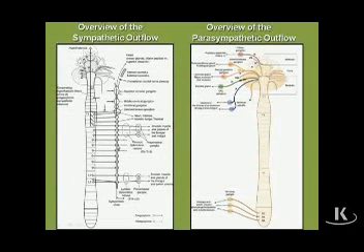Remember, postganglionics for the sympathetic system are close to the CNS, and here we see them found in the sympathetic chain, which is found right outside of the vertebral column. So we have these short preganglionics going to the sympathetic chain at that same level, synapsing on the postganglionic, and then the postganglionic continues on out to the periphery at that level and innervates. And this little star here, or asterisk, represents cutaneous structures such as sweat glands or smooth muscle of hair follicles and so forth. So it's going to innervate structures at that same level.